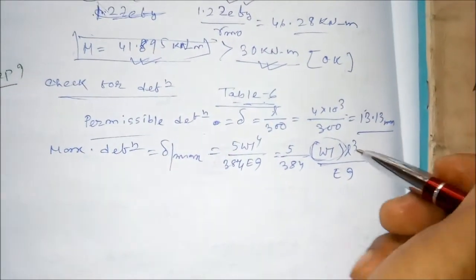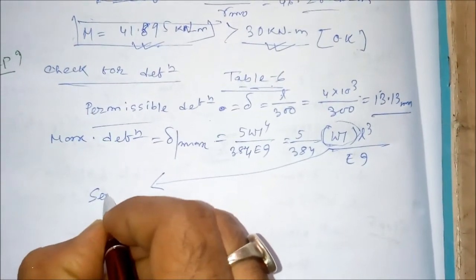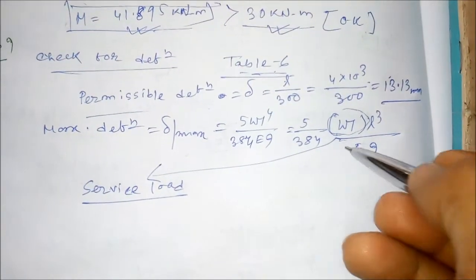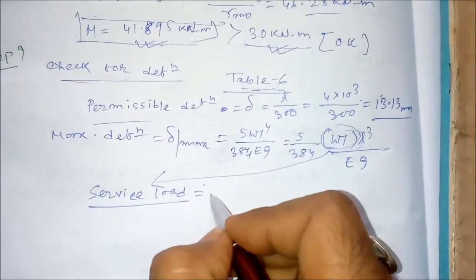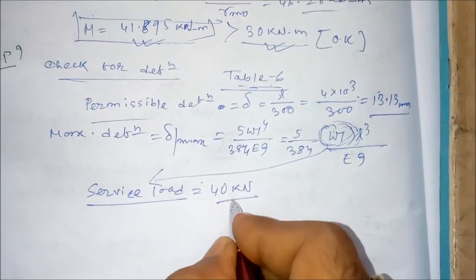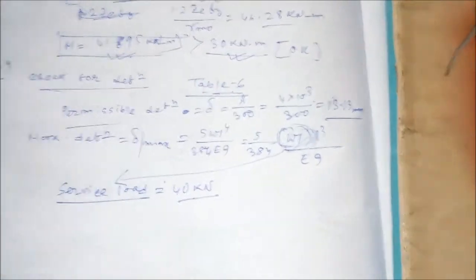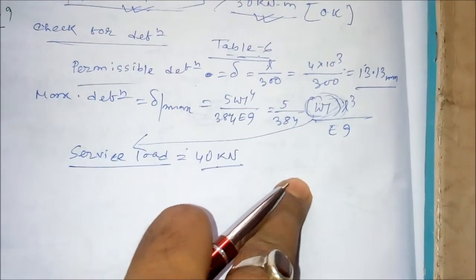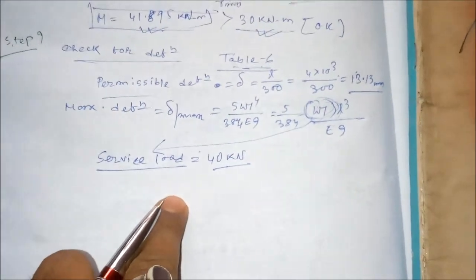Now one thing you should remember, that in this case you have to take the service load, not the factored load, right? What was the value of service load? The service load value was 40 kilonewton. Total load. So this WL will be equal to 40 kilonewton, not 60 kilonewton, because this deflection will be under service load. So you have to take the service load instead of